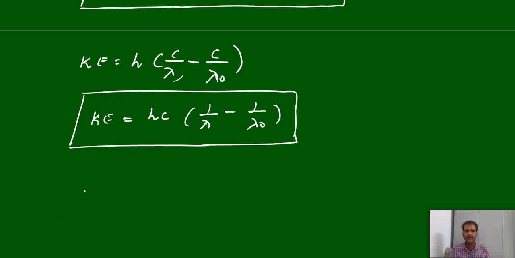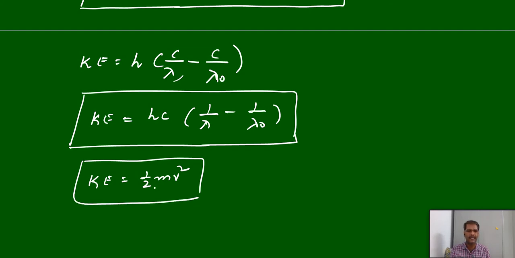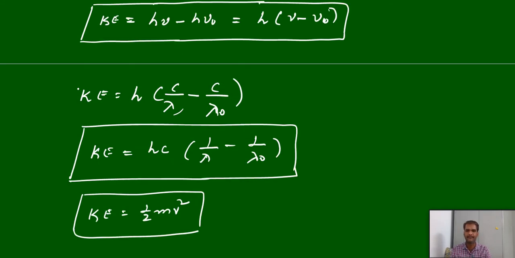And one more point, anyhow, KE means what? Half m v square, kinetic energy. Why? Because sometimes they may ask you to calculate the velocity of the ejected electron. They will give everything, the incident frequency values and threshold frequency, or incident energy and work function, and they may ask you what is the velocity of the ejected electron. Again, in place of kinetic energy, you can supply half m v square, where m is the mass of the electron and v is the velocity of the electron. So these are various formulas, but it depends on the requirement. We have to choose the suitable formula.